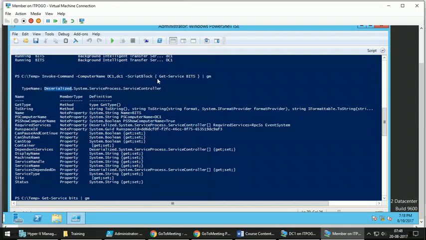However, whatever you want to perform, for example, if you want to restart this service, though you are not able to restart the service after piping the result of this complete command to the next command in the pipeline, you cannot do that. But if you want, you can put anything within the script block itself. There is a difference between putting something inside script block and piping the result of this entire thing to some other command in the pipeline.